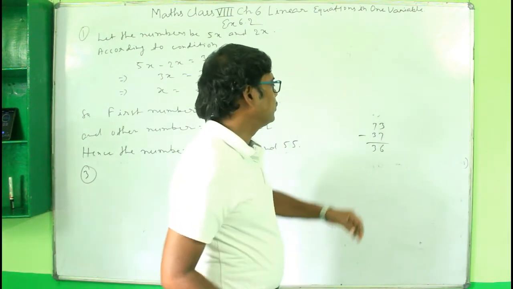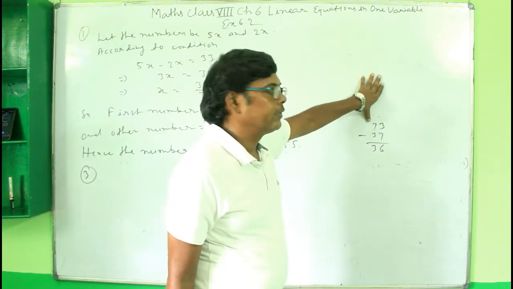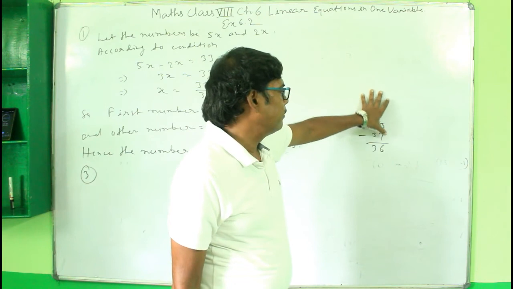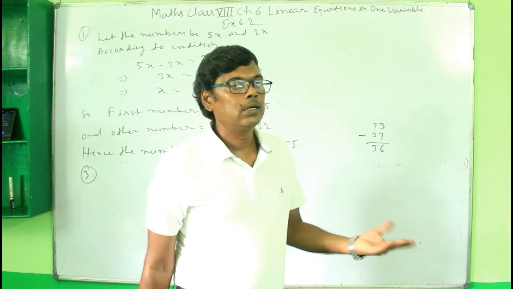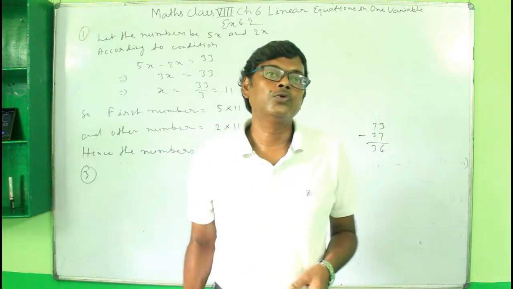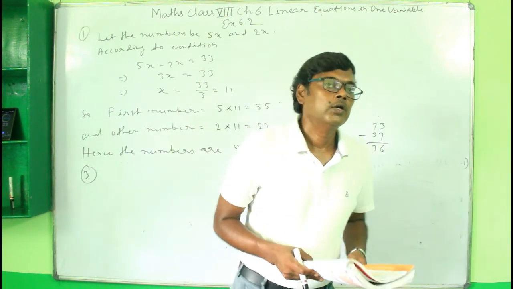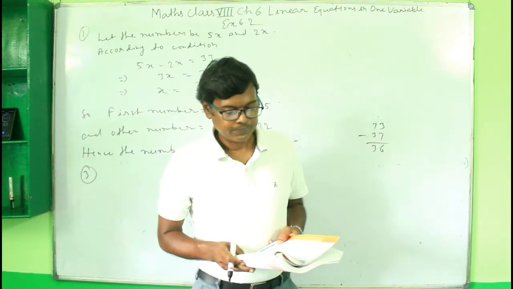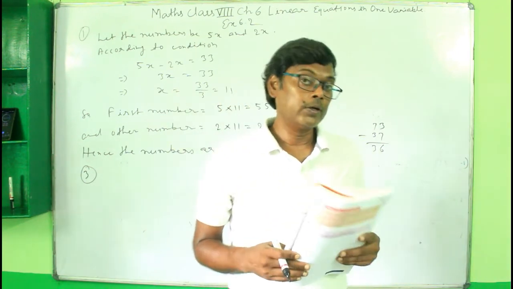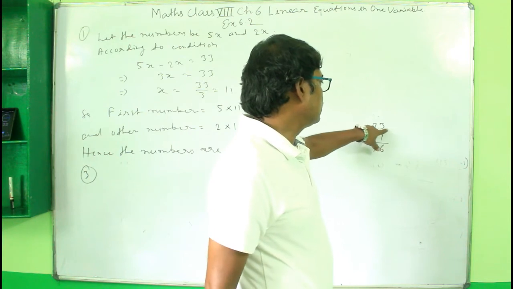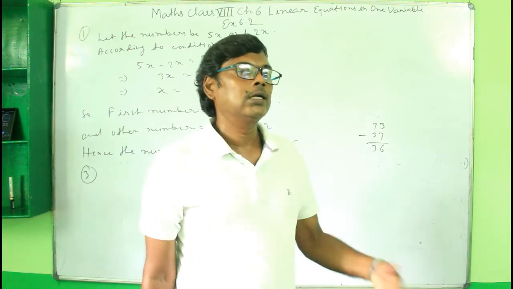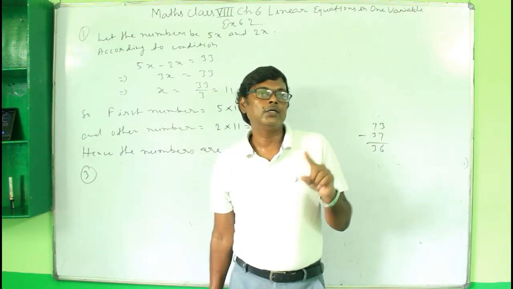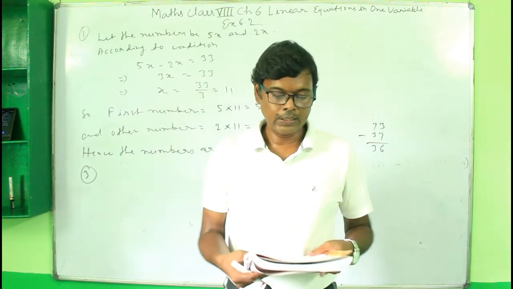So if you have a two-digit number here, like suppose 73, and when you reverse the digits in this number, then the new number will be 37, and when you find the difference, it is 36. So similarly here you also have a two-digit number, and when you reverse the digits, then the difference between the two numbers is 45. And also you are given the sum of the digits. Like here the number is 73. Okay, this is the two-digit number, and in this the digits are 7 and 3. So here the sum of the digits 7 and 3 is what? 7 plus 3, 10.